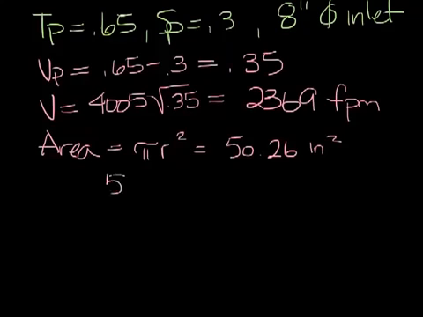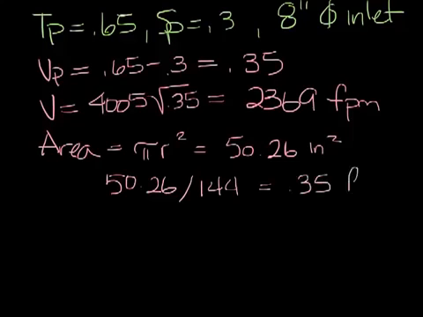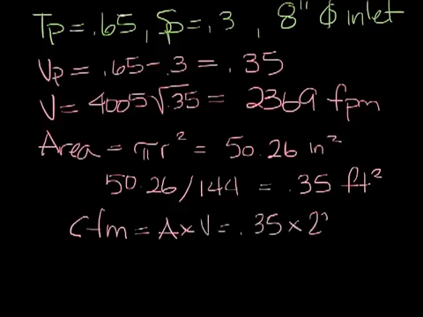Now we need to work in feet, so let's take our 50.26 inches and divide it by 144 square inches per square foot, and you get 0.35 square feet. So now the CFM is the area times the velocity, which equals 0.35 times 2369 feet per minute, and you get a CFM of